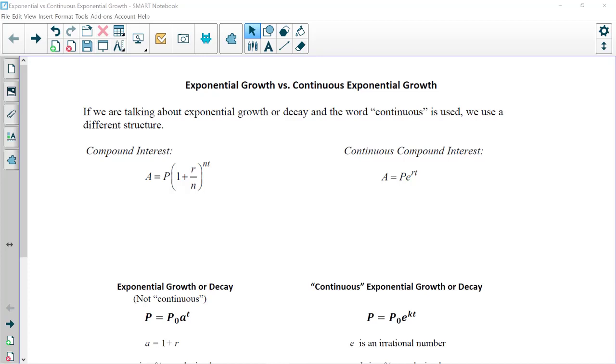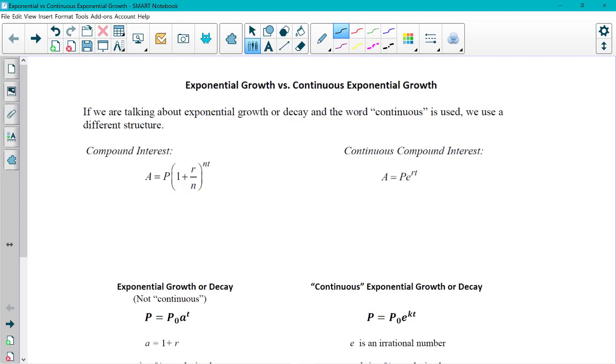Hello. We've already talked about exponential growth, so now we want to compare it to what we call continuous exponential growth. So if you ever see the word continuous, then it grows a little bit differently because it has a different base. So if you think back to what you know from college algebra, we talked about some compound interest